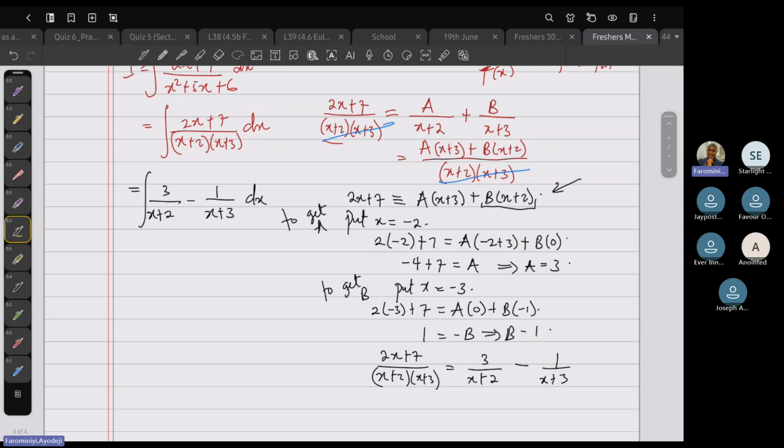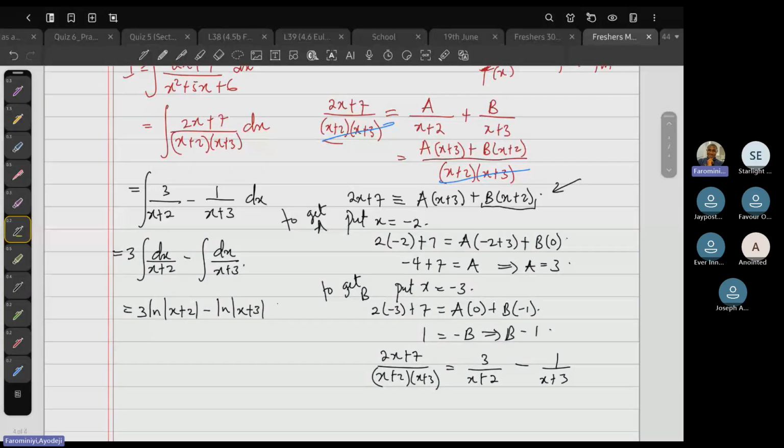Which is now easy because we can just split this into 3 of dx over x plus 2 minus dx over x plus 3. And if we use substitution properly, this will give us 3 natural log of x plus 2 minus natural log of x plus 3